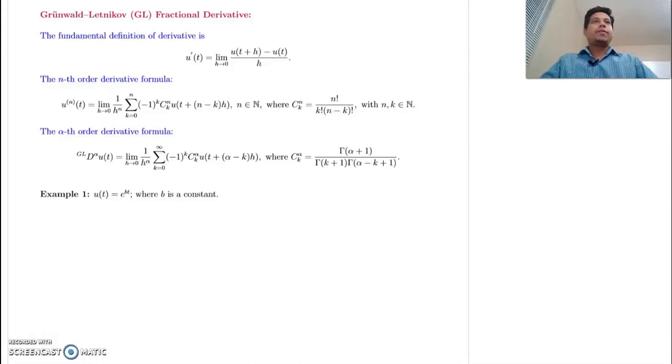Hello everyone. In the first lecture, I mentioned three classic and most frequently used definitions of fractional order derivative. GL is one of them. They derived this definition in 1867 and 1868. GL formulated the fractional order derivative by the fundamental definition of the derivative, which is given by this u prime